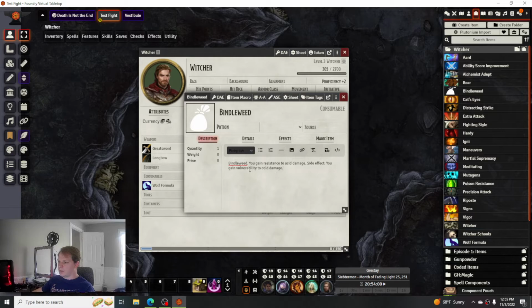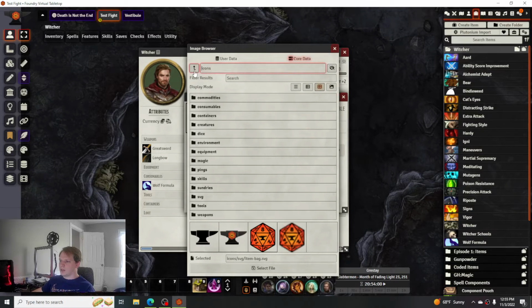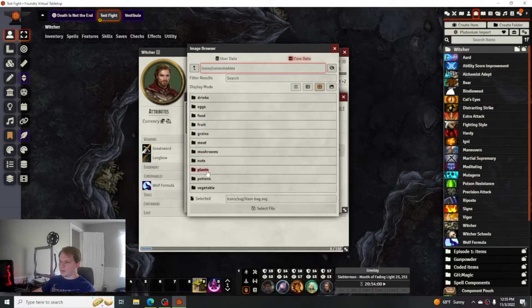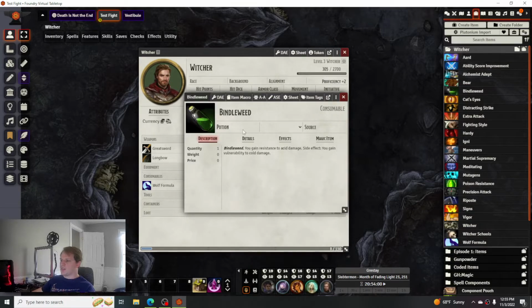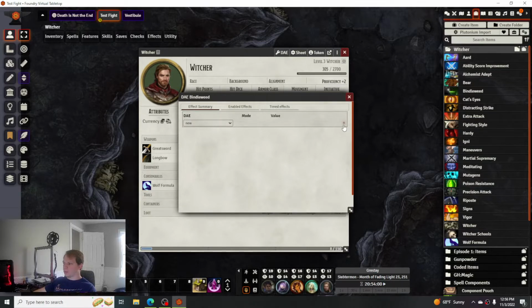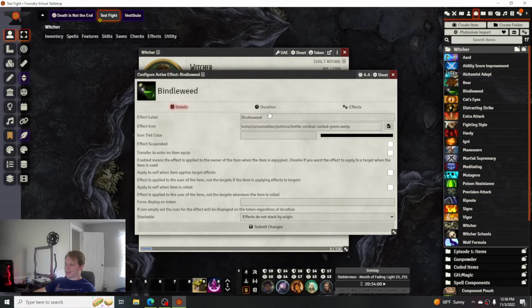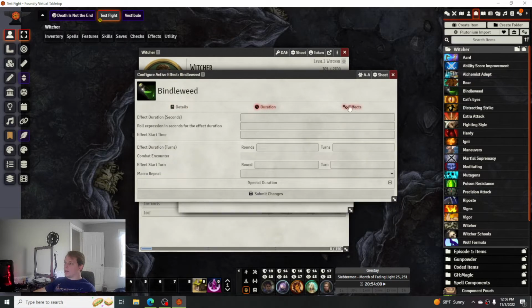Okay, and then do this one. And then I'll just do a consumable container. Consumables, potions. Let's do this one. So this one, you gain resistance to acid damage and you gain vulnerability to cold damage. So you'll actually kind of even out with the bear. So same thing. It was 400, and